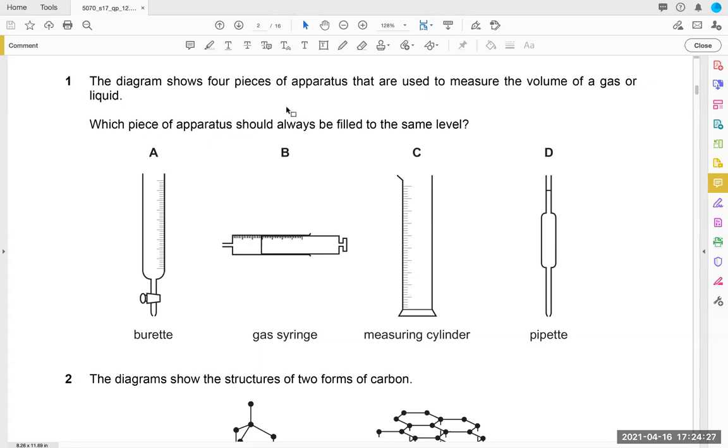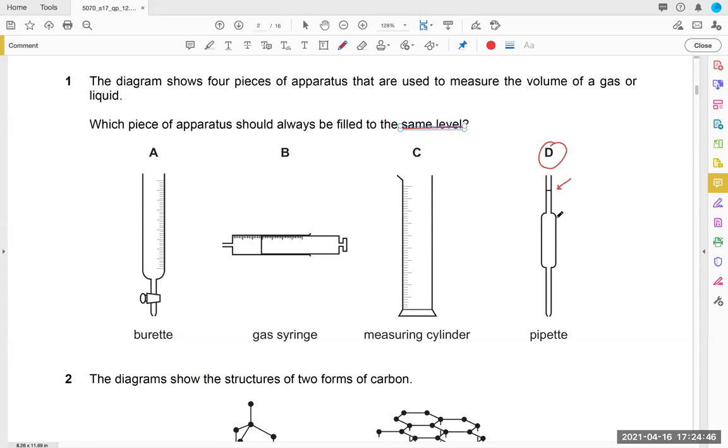We want to make sure that we have to measure volume. Same level means that without it, it will not work. Obviously, you can do it for every instrument that you have, but the one that depends on you doing that is D. Because if you don't do that, then D will not be able to give you a right measurement.